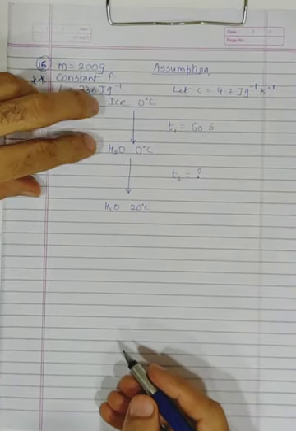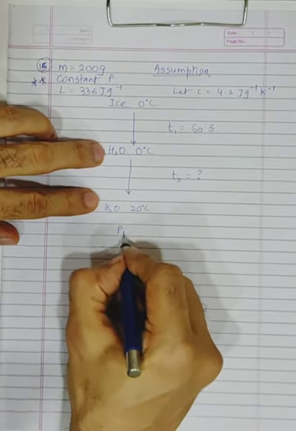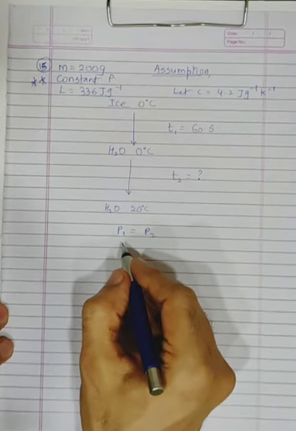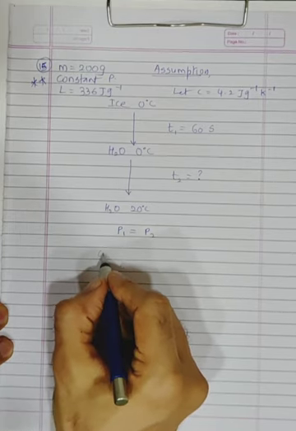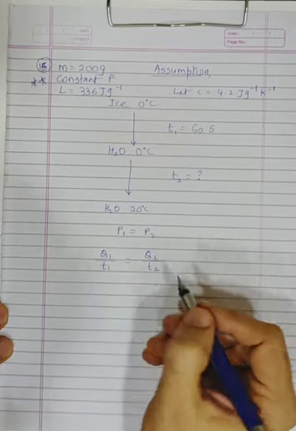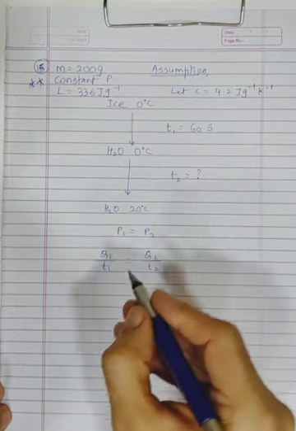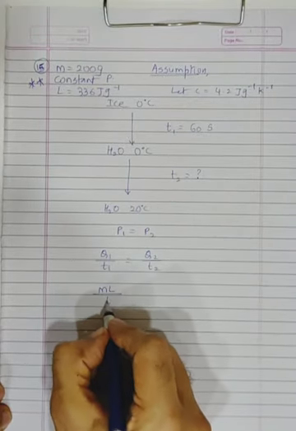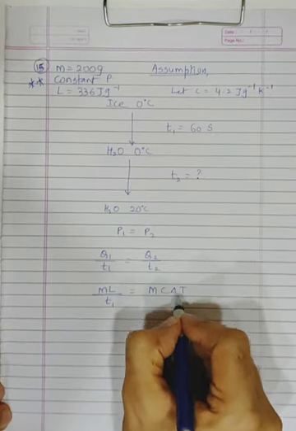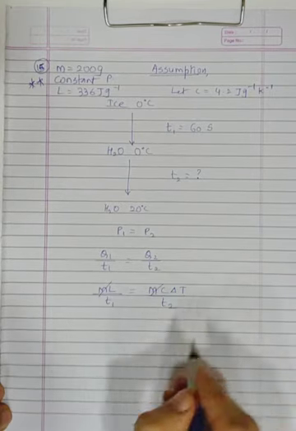Now see, in this ice to water and water 0 to water 20, remember they said you are supplying heat at a constant rate. It means powers are same. What is the power 1? Basically heat upon time. Power 2 is also heat upon time. Now what is the heat in the first case? What will be Q1 equal to? ml, because there is a change in the state. What will be the Q2? mc delta T upon T2. We can cancel m on both sides.